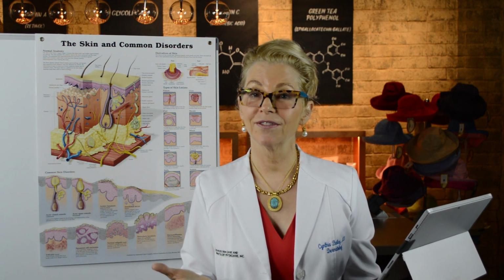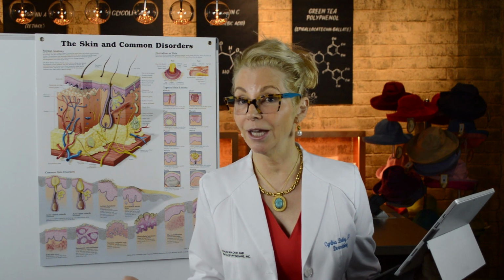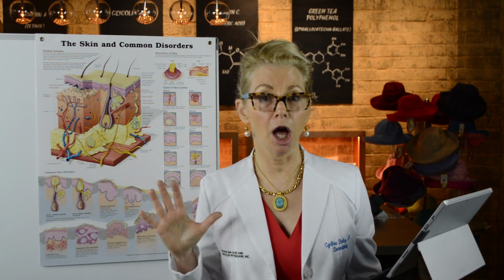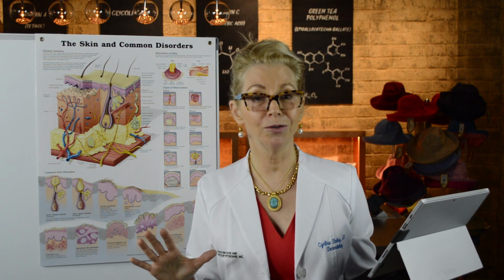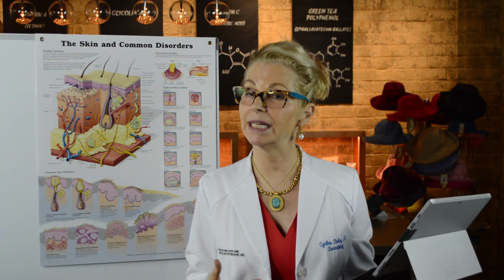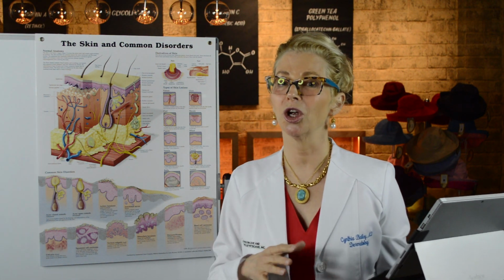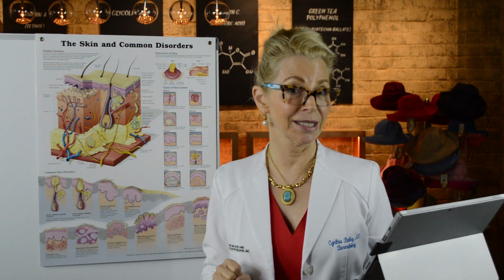You're at higher risk of getting melanoma if you have a lot of moles. So most people have a few moles. And the natural history of our moles is we acquire them in childhood and young adulthood. If you have a lot of moles, that puts you at higher risk of getting melanoma. Also, if you have crazy looking moles, which we call dysplastic nevi or atypical nevi, and I'm going to explain that in a little bit, that puts you at higher risk of getting melanoma